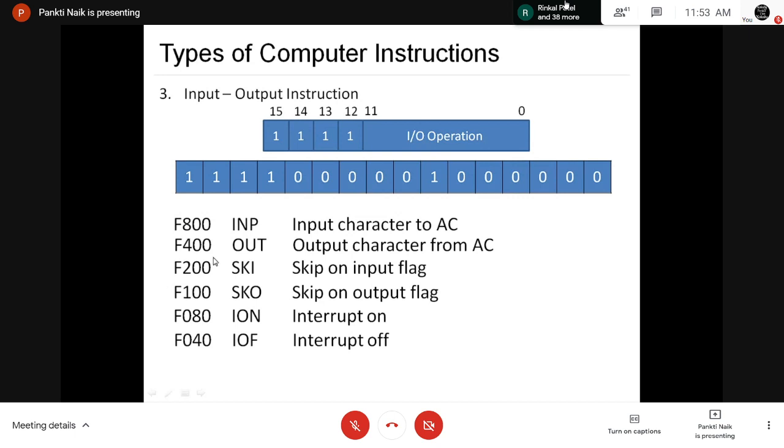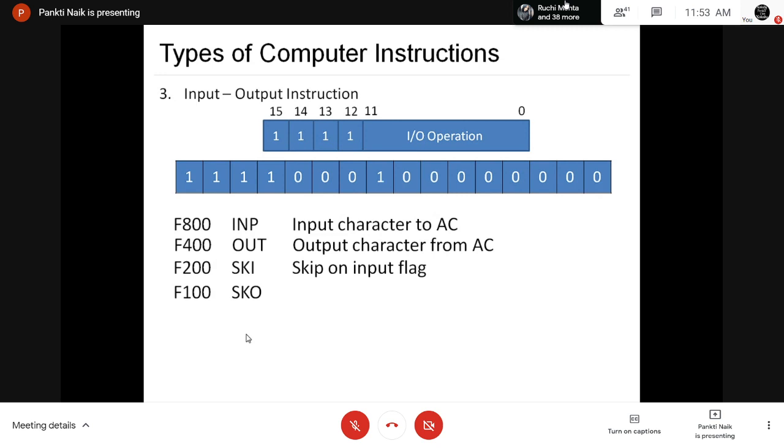You have no need to remember this hexadecimal code because આપણે ખાલી એટલું જ યાદ રાખવાનું છે કે આ જે બધી instructions છે, right? આજે તમને મેં કરાવી input output SKI SKO, then add and LDA STA burn, then CLE CME, right? એ બધી કઈ ટાઈપની ઇન્સ્ટ્રક્શન છે અને એનો મીનિંગ શું છે, Right? No need to remember the hexadecimal code. Hexadecimal code is nothing but the equivalent to the hexadecimal number of the binary code used for the instructions. આ ઇન્સ્ટ્રક્શનમાં આ જે બાઇનરી કોડ યુઝ થાય છે એના હેક્સાડેસિમલ ઇક્વિવેલન્ટ છે.